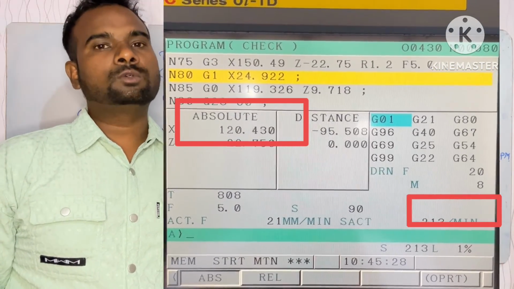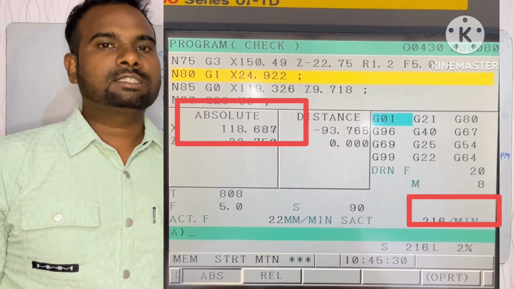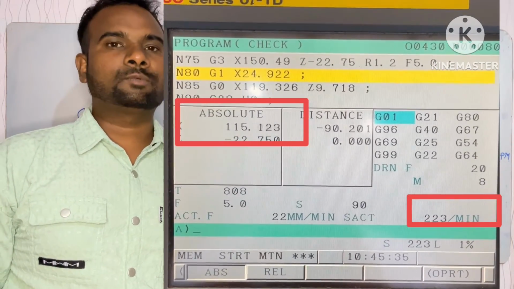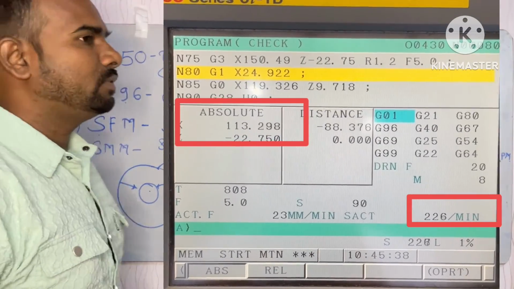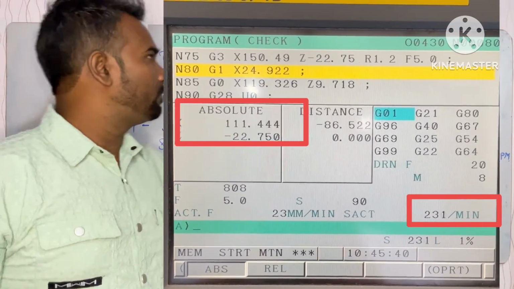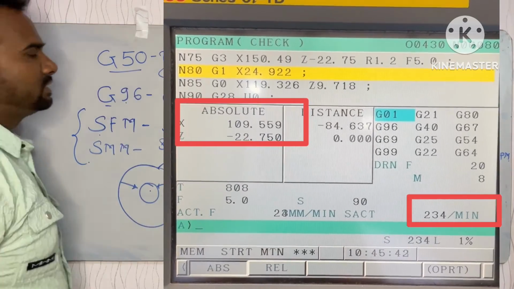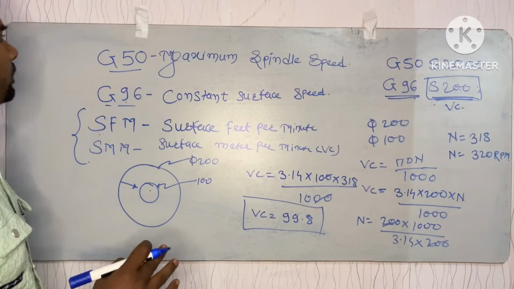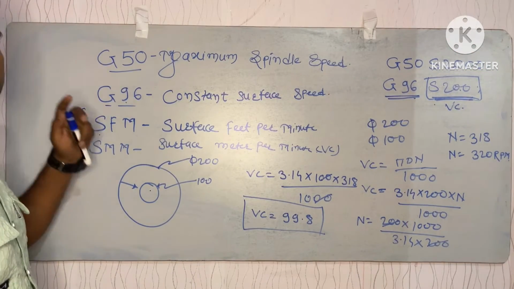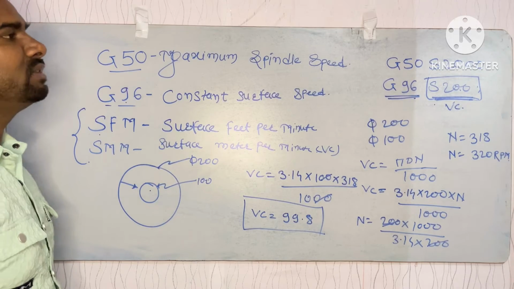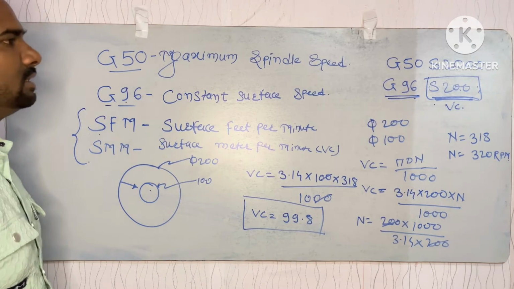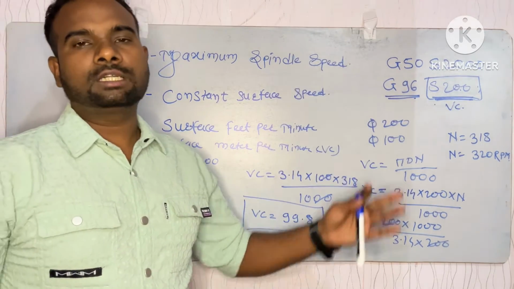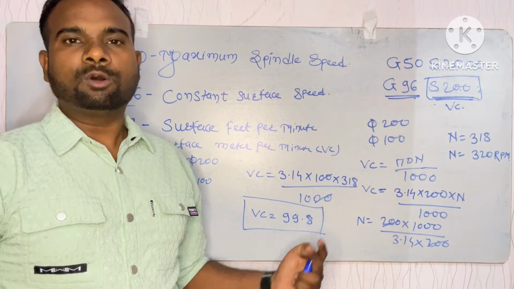As the tool comes closer to the center point of the job, the spindle speed increases, as the tool moves toward the center point. So if we don't use the G50 code and simply use the G96 code, and do not clamp the spindle speed with G50, then as per our practice, when the cutter moves toward the center point of the job, its RPM keeps increasing.